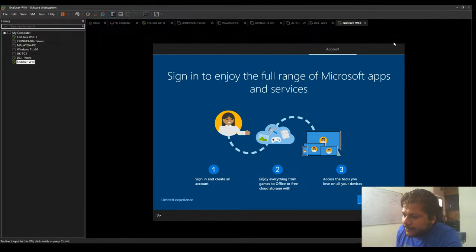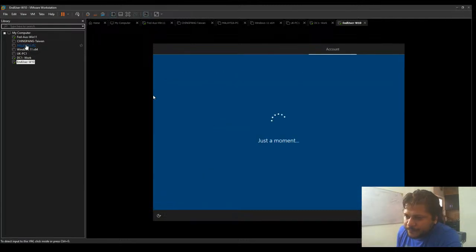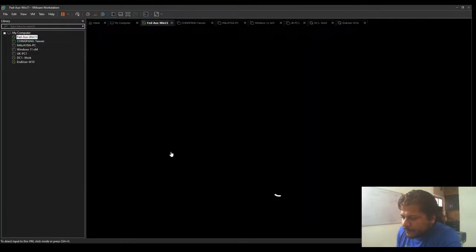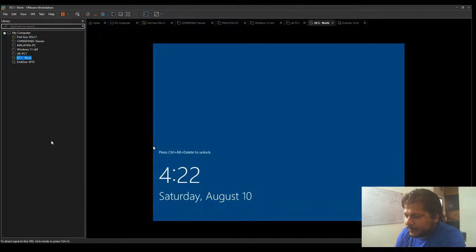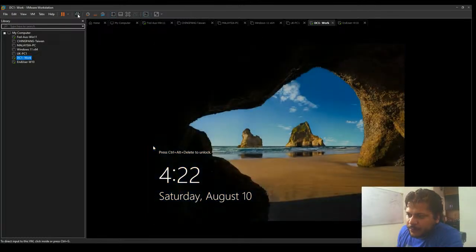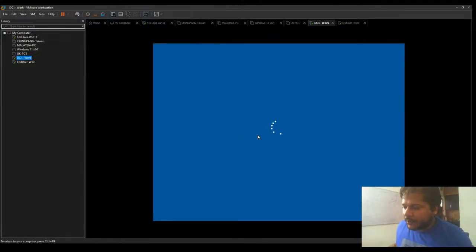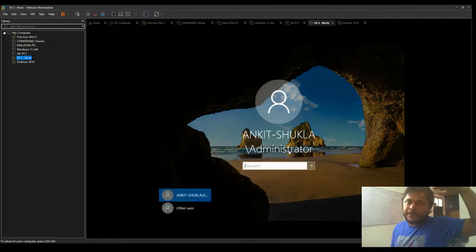All right, my domain controller should be up and running in seconds. I'm going to log into my domain controller as a domain admin for now, or the admin of the Active Directory. There are different admin roles in Active Directory. The first one is the enterprise admin.